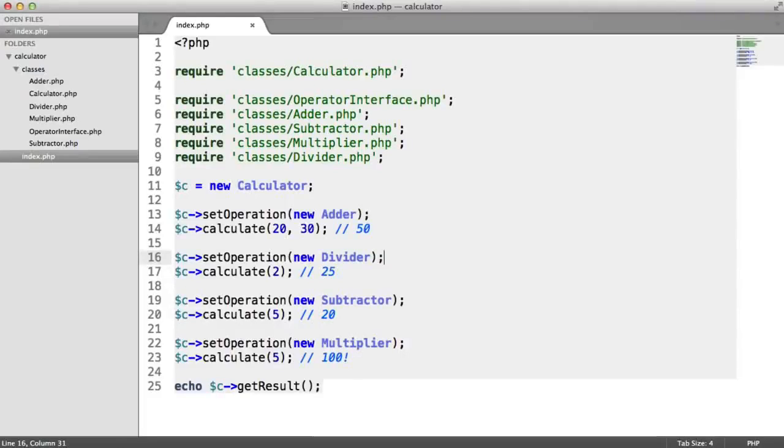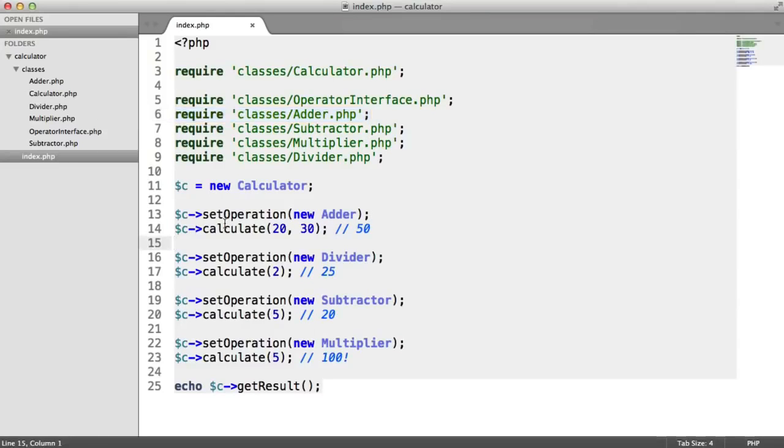We're now going to look at creating a calculator as an example application, and you can see here this is basically how things work. We have a main calculator class which we instantiate, and I've called this C. What we can then do is, rather than using methods like add or subtract, divide, multiply, we're actually instantiating what we want to do, so a new adder, and this is a separate class in itself,